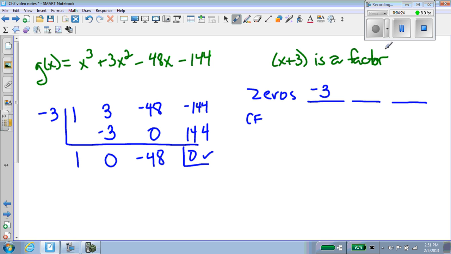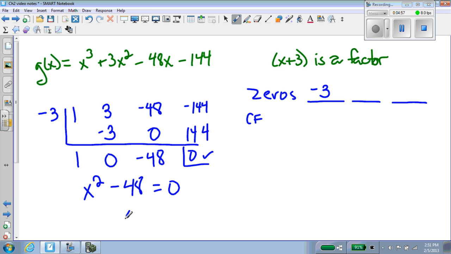If I had another factor or another 0, I could layer in another synthetic division. And in the next video, we'll have an example of that. And you'll end up doing that quite a bit. But this has gone from being a third degree polynomial. We broke it down, and now we've got a second degree polynomial, x squared plus 0x minus 48. I can choose to do a whole lot of things with this, but I'm just going to set it equal to